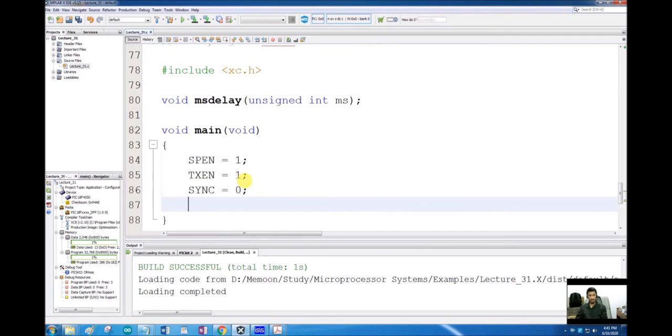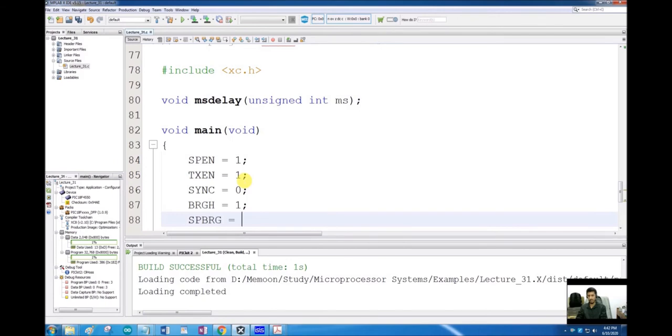Then we want to set the baud rate to a high speed value. So BRGH, high speed baud rate, is equal to 1 for our calculation, and based on this, what value should be copied into the SPBRG register, the serial port baud rate generator register?